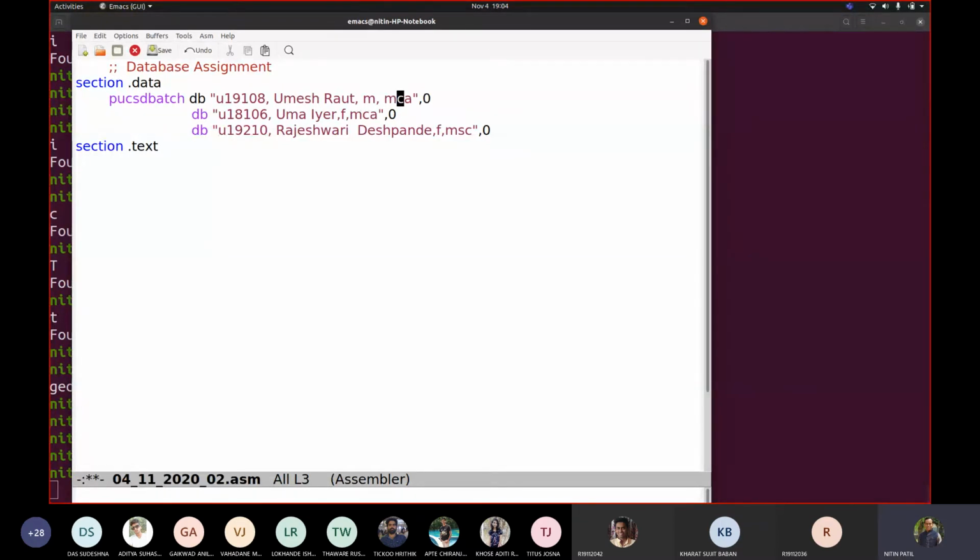So you have to reach this level. How will you search this? How will you reach this level? Because you want to check whether it is male or who is female and so on. So what do you know from the pattern? This is a pattern given to you, correct? So we are now talking about pattern matching using assembly. How will you search this? We should know when this male or female, M or F, is occurring. Can somebody tell me when it is occurring? Unmute yourself and tell me.